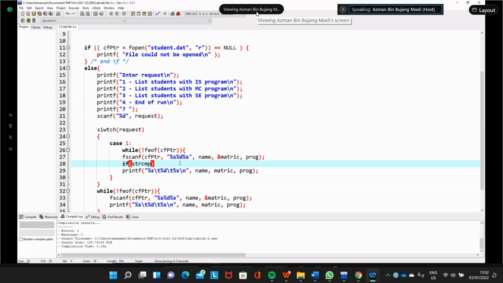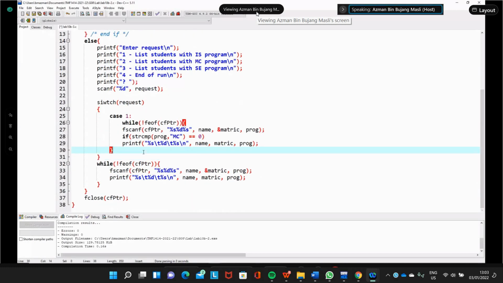Compare the string program and another one. Maybe we can use this one. We check this one first, whether it works or not. If strcmp returns true, which is 0, then we print out the name, and that is for MC.